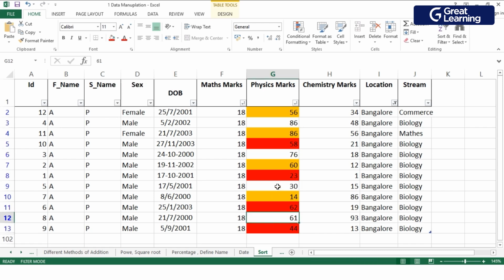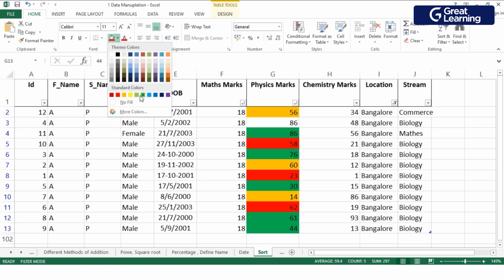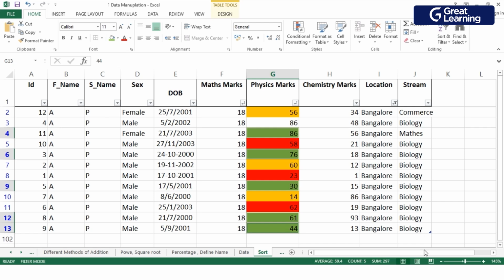Or else first select all those cells which you want to, or else let's keep one cell as white only so that we can compare that as well. Now let's give this green color. So now we have cells which are of 3 different colors, that is orange, green, red, and one cell is white. Now let's try to sort this particular marks of physics and the table 1